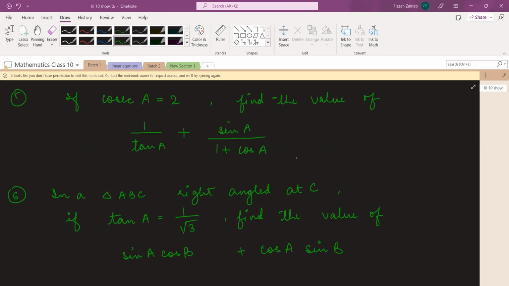Okay, tell me how much is tan A? Martin, how much is your tan A here? 1 by root 3. Okay, that is correct. How much is sine A? 1 by 2. That is also right. And cos A? Root 3 by 2. Okay, that's right. That means